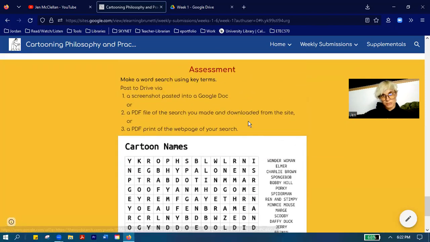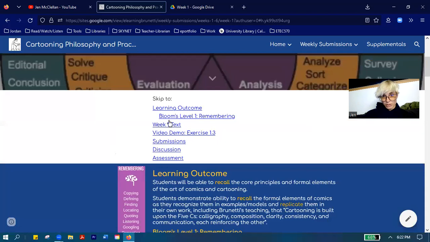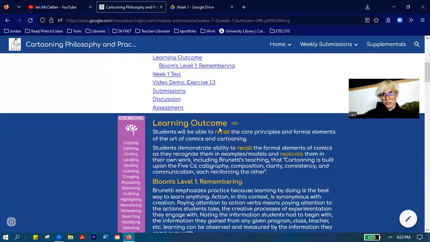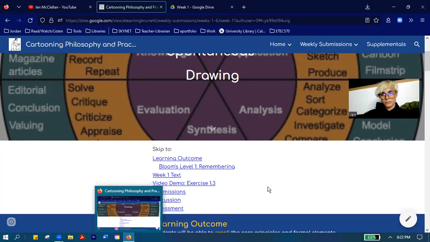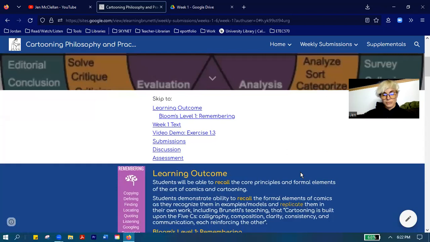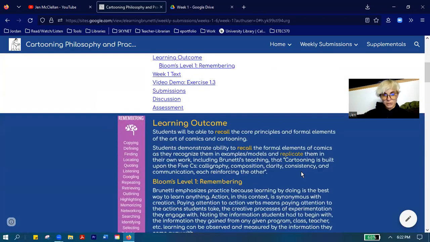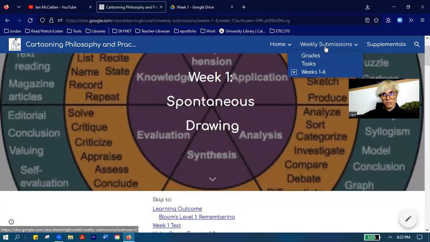This one is to just make a word search using the key terms, because Bloom level 1 is as simple as recall. I just want you to remember the key terms. We want to remember the 5 C's for week 1. There's more to it than that. There are also little module learning outcomes within the weekly learning outcomes, scaffolding to this larger outcome. But I didn't put all the details of those in the weekly submissions. Those will be in the